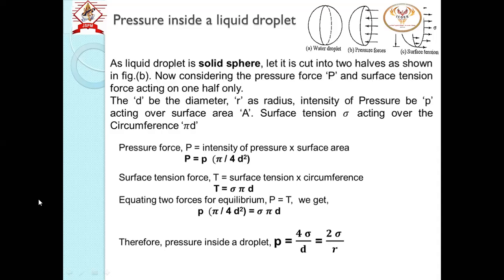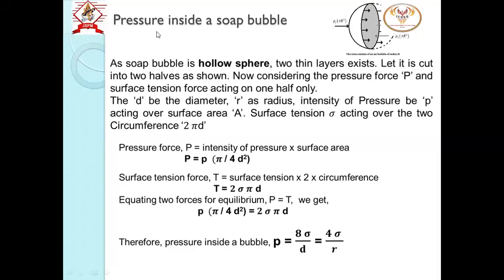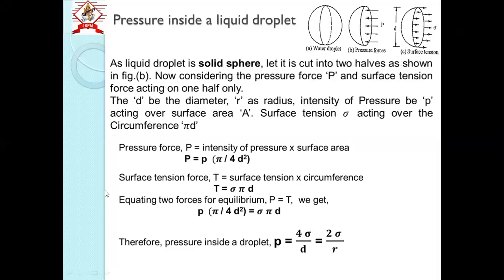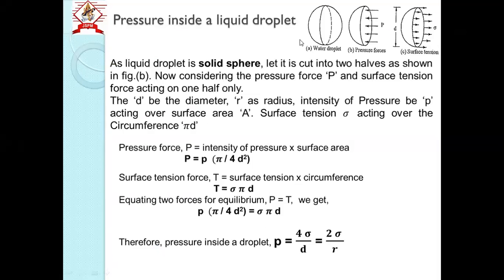Yes. So small derivation. Now what is the title of the derivation? It is the pressure required, or it is the pressure inside a liquid droplet. We have seen the application. So raindrops are nothing but those are spherical in nature, solid part. So now what will be the surface tension or pressure inside a liquid droplet?